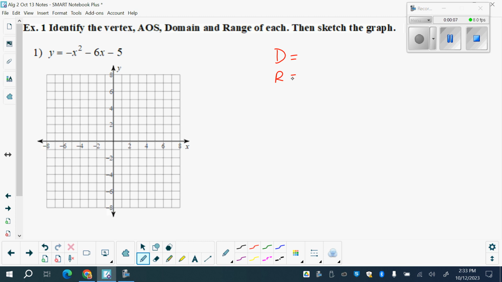Anybody notice anything different about this number 1 from the ones that we did yesterday? It's a negative x squared. Very good. So this is going to make a difference when we go to graph it. So we're going to graph it the same. We're going to start out with our formula for finding our axis of symmetry, which is x equals